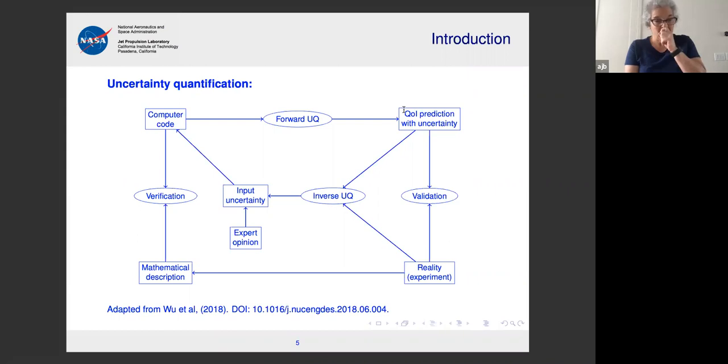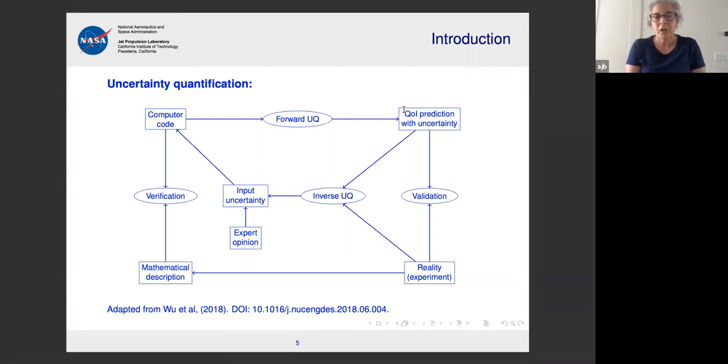The aim of uncertainty quantification typically is to assess the reliability of predictions of complex computer models, like, let's say, computer code over there in the corner. There's something called forward UQ, which you could think of as if you had an ensemble of inputs to that computer code and you ran them all through the computer code, and then you got an ensemble of corresponding outputs, how well does that ensemble of corresponding outputs compare to reality? That's what the validation effort is.